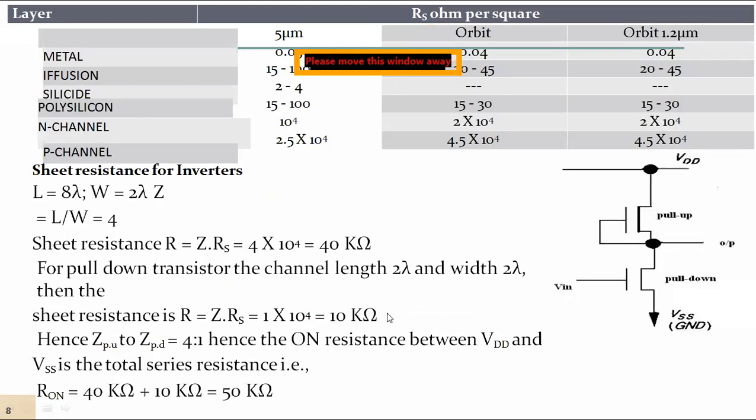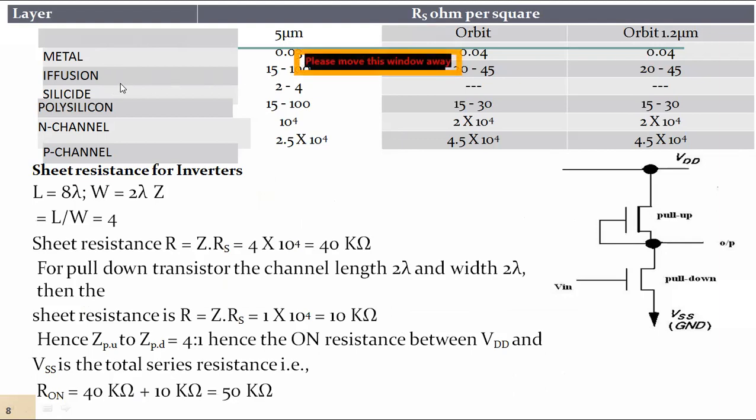Then these are the standard values. I have already told that there are a total of 3 different technologies. One is called 5 micrometer. That 5 in the 5 micrometer, that length and width are in terms of the 5 micrometers. Okay, in that, if you use a metal, a standard value is